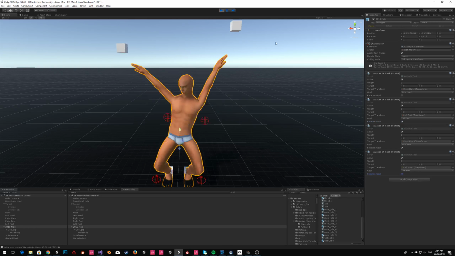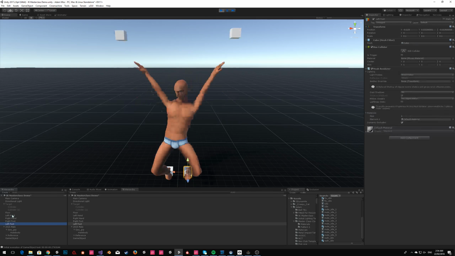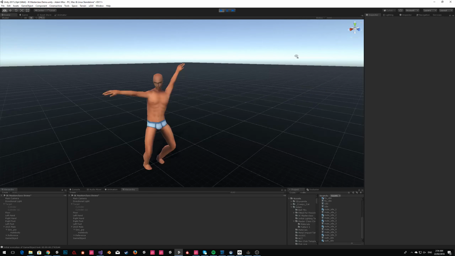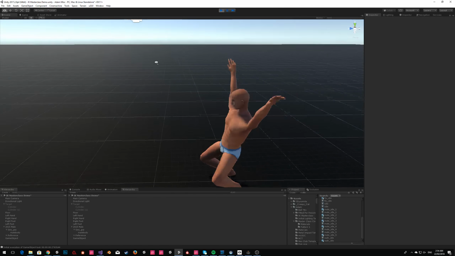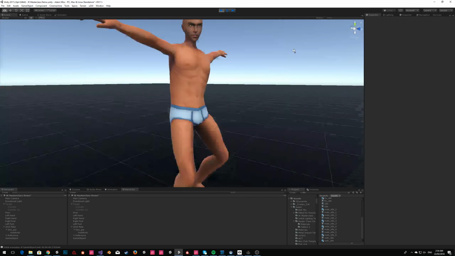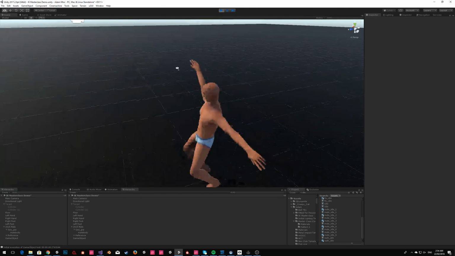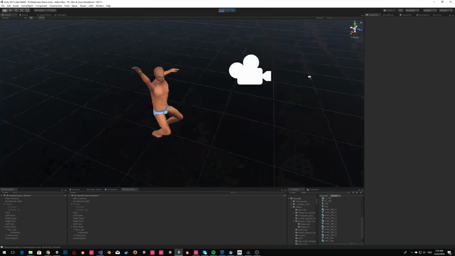Okay. And if I hide these components, so if I just take the mesh renderer off, you can see our silly procedural dance move here. This is not obviously going to win any awards for animation, but the key is that this can now be influenced based on various other